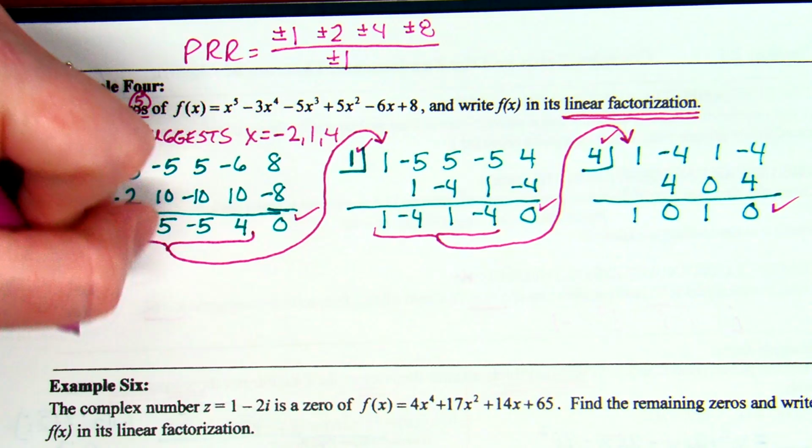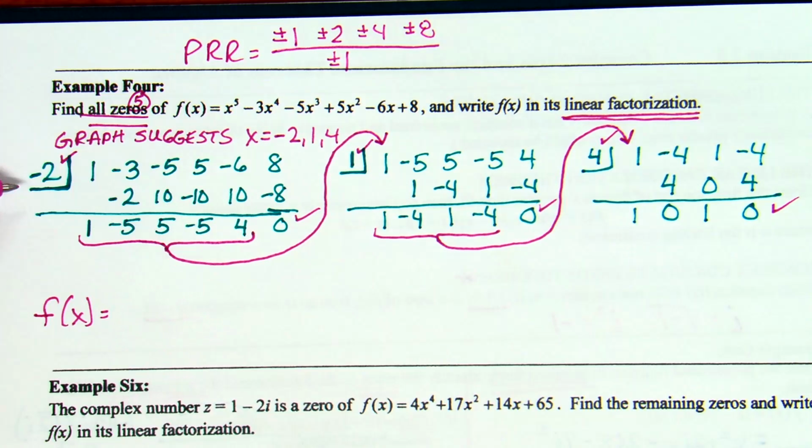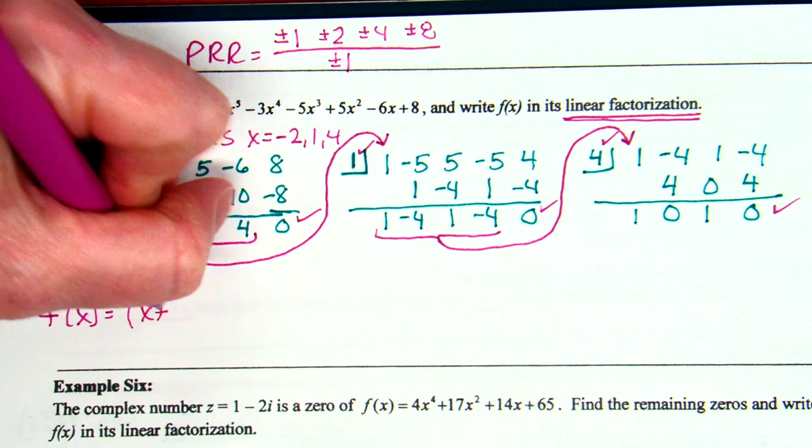Then the next one we found that worked was 1. What's 1 as a factor? X minus 1. And then we found 4 worked, and 4 as a factor is x minus 4. Now, according to this problem, we need 5 zeros, including imaginary ones. What does this 1, 0, 1 represent? X squared